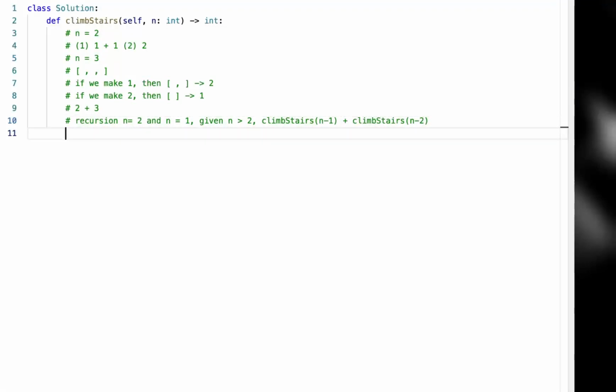But I think we can do the other way, from bottom to the top, maybe with an array where we